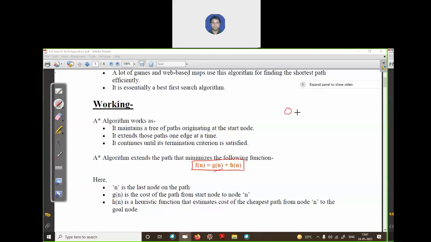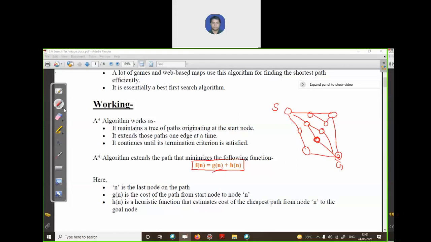Suppose this is your start node, and this is your goal node, and there are several intermediate nodes. Suppose you are currently present at this point.